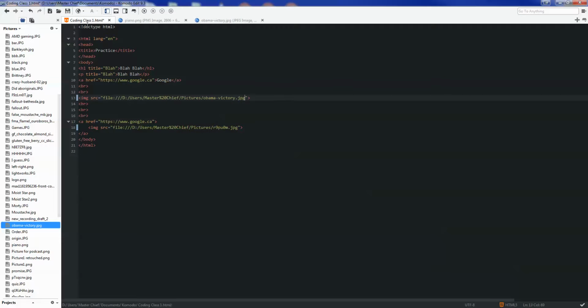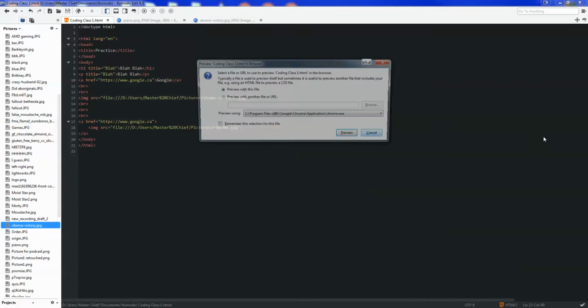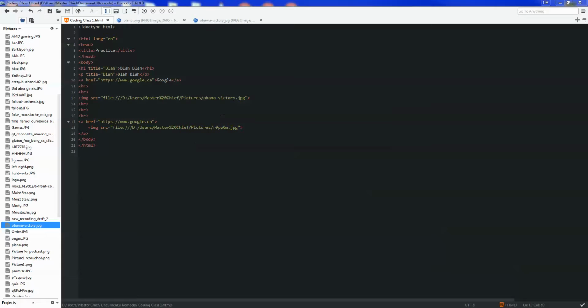So, let me just quickly see if this works. Preview. Yes, it does. Okay. So next up, what we're gonna do is, now if you want a picture to go